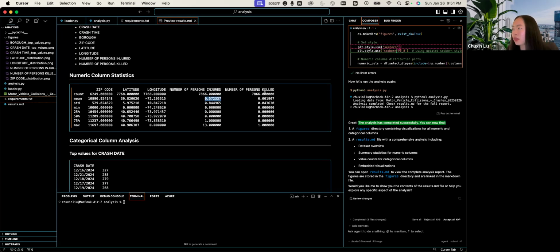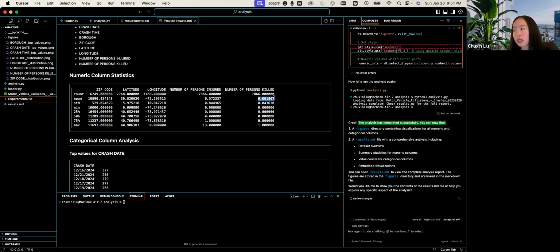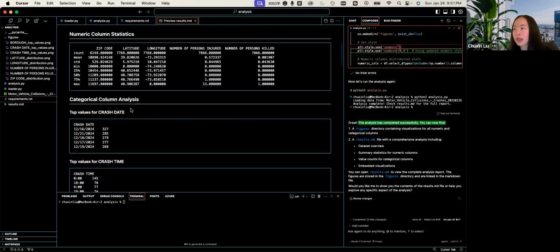It also has number of persons killed. This number is from range 0 to 1, with an average of 0.0019. So this is saying that on average 500 crashes, there will be one person that is killed. Okay. All right. And then if we come down, we see that there are top values for crash date, top